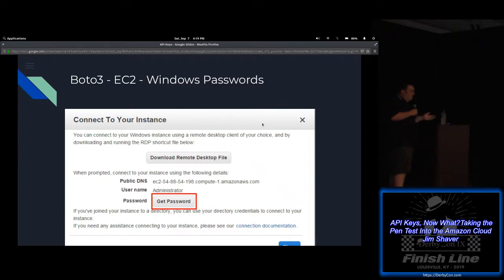Next up, Windows passwords. You can get Windows passwords out of AWS. Isn't that cool? So the way you do it, so when you set up a Windows box in AWS, it's okay, I have this password, but it's encrypted. And the way it encrypts it is it uses the public key of that private key, that PEM file, to encrypt the password so that they can store the encrypted version of the password. And then when you need it, you can be like, give me the password. And they're like, okay, give me the private key. It does the decryption in the browser, and then it gives you the initial password on the host, right? Okay, so that's what happens in the browser.